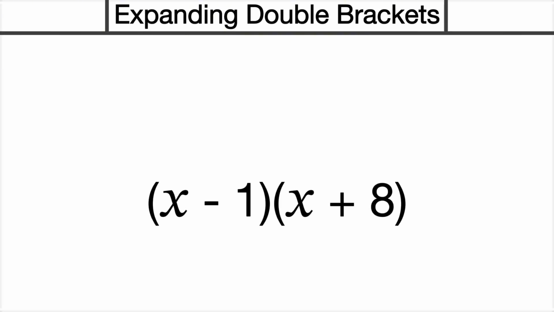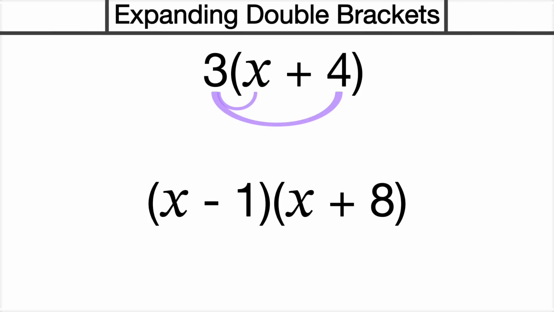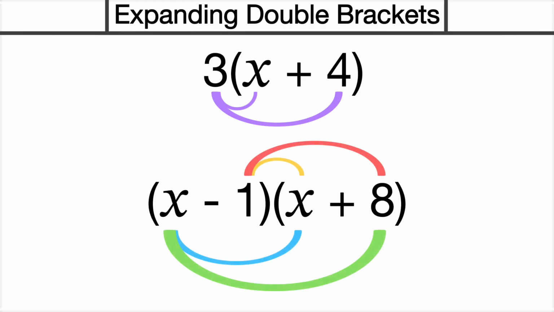Expanding double brackets is similar to expanding single brackets, but the key difference is that instead of multiplying a single term by everything in the bracket, you instead need to multiply every term in the first bracket by every term in the second bracket. This method is essential for simplifying expressions and solving equations. Make sure to watch to the end to see an example of how expanding double brackets can be used to